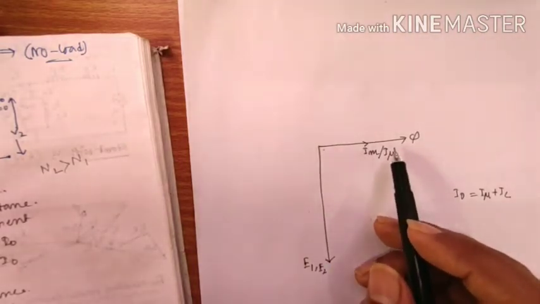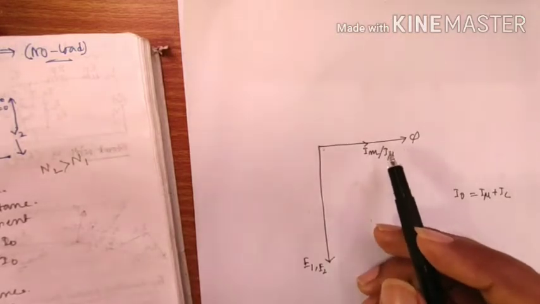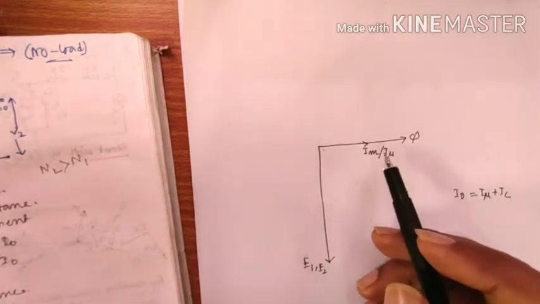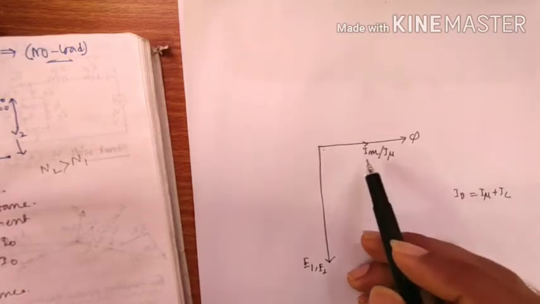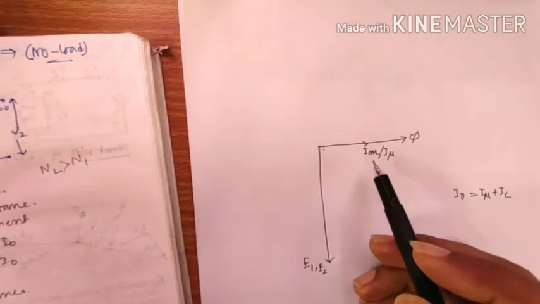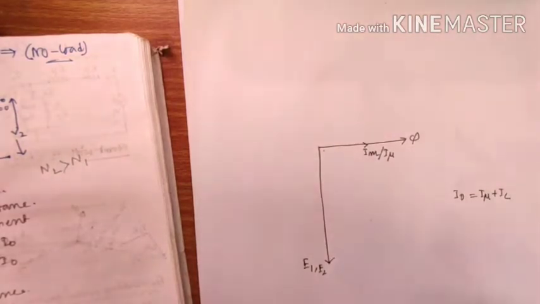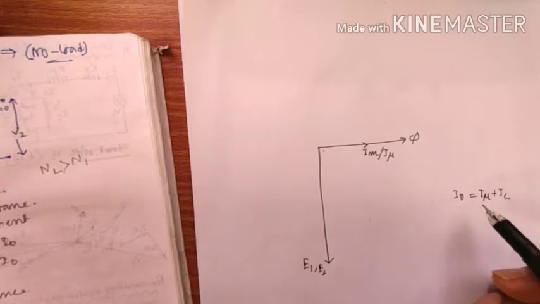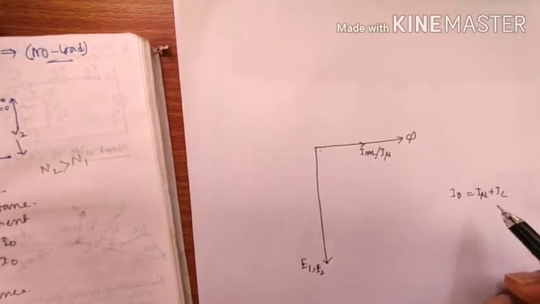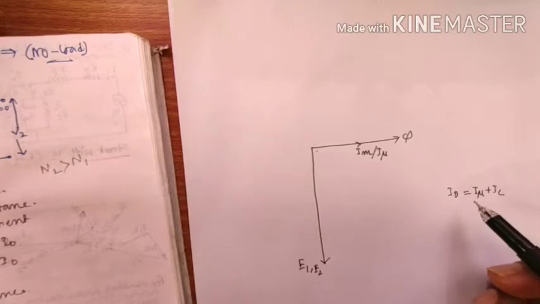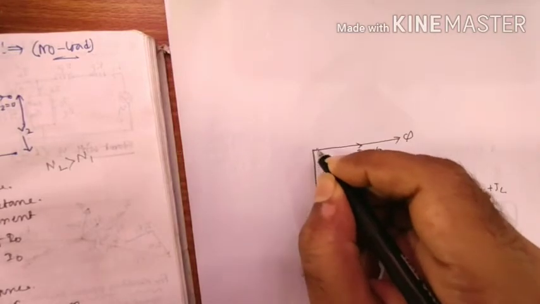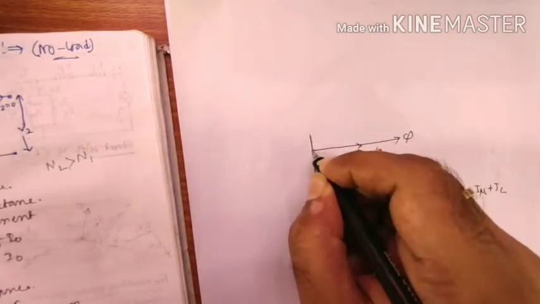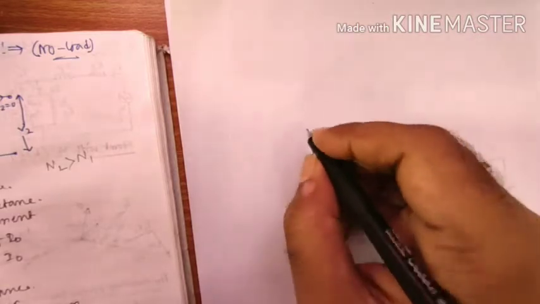At the beginning of this video I said that the current which creates this flux has similar properties. So if this vector represents flux, it can also represent the current which produces it. Another one is the loss component, and we know the direction of the loss component is this one.